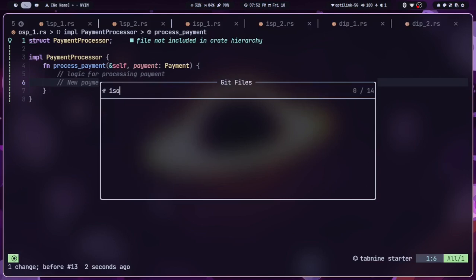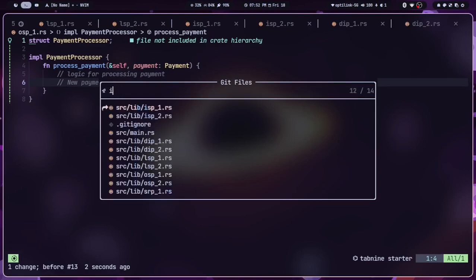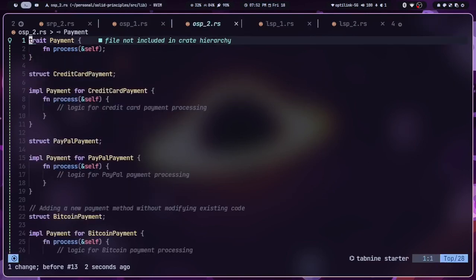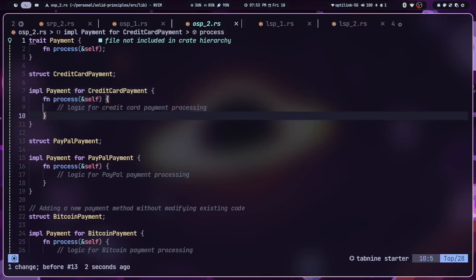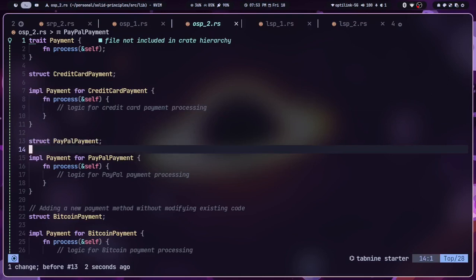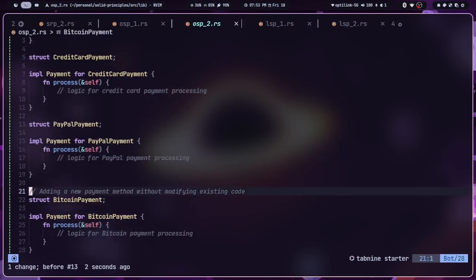But here it's the same thing if we look at the one example that does not. Now obviously the code is a little bit more, but it is worth it. So we have a payment trait which has a function of process. And then we have a credit card payment struct which implements the payment trait and the process function. So we have the logic for credit card payment, then we have PayPal payment, the logic for that, and we